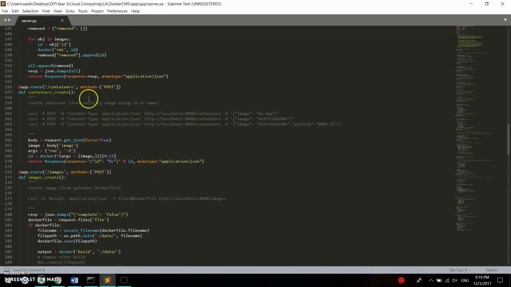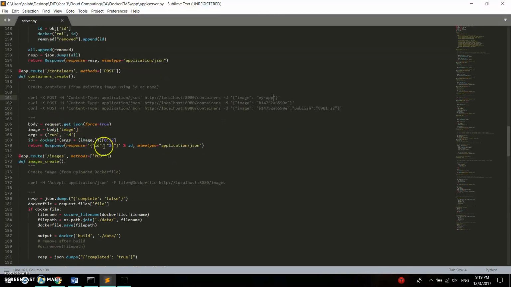Right, and this would create a container from an image. So you send a JSON kind of dictionary of the image you want to create it from, and then it would create your container from that image using docker